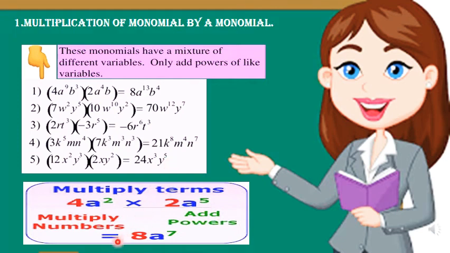So the steps will be like this. Multiply the numbers first. Numbers in this case we call it as a numerical coefficient. First you all multiply the numerical coefficient along with their signs. After that multiply the variables. If the variables are same with different powers, you are going to add the powers. And if the variables are different, you are going to write both the variables as it is. For example, here we have t power 3 and we don't have any t power in this monomial. So what did we do? We wrote it as it is. This is how you multiply two monomials. Hope it is clear to you all.